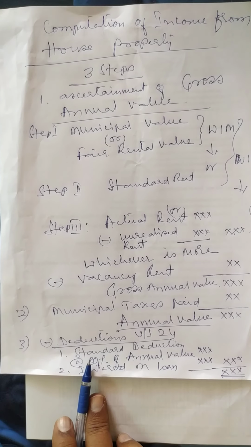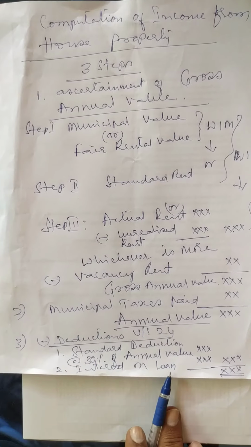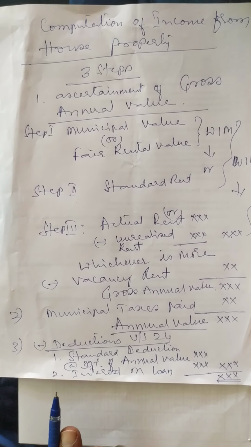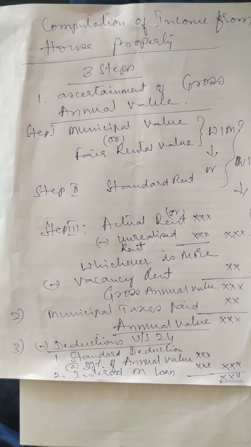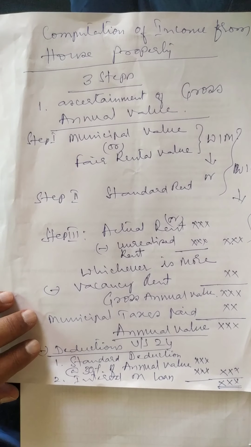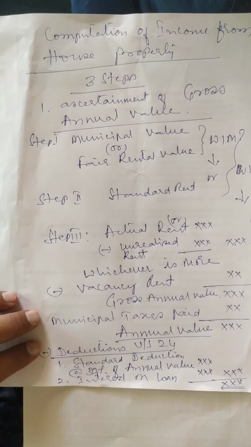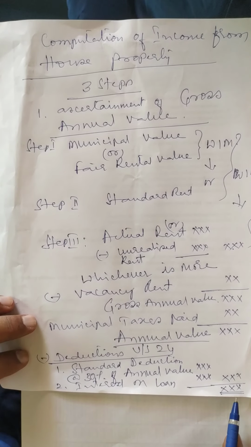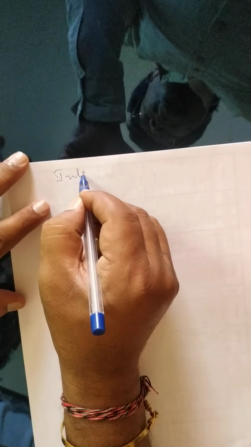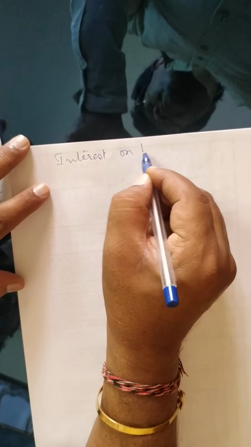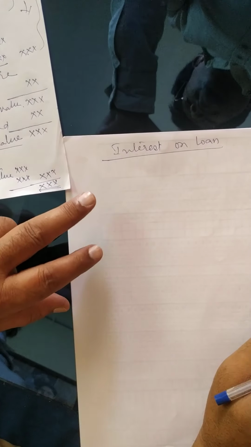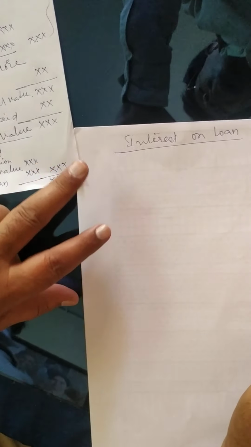There are only 2 types of deductions. One is standard deduction. Second one is interest on loan. After allowing these 2 deductions, so remaining net amount can be either called as income from house property, or even that can also be loss from house property. If the expenditure is more than the annual value, the result is called as loss from house property. If the annual value is more than a total amount of deductions, so the net amount is called as income from house property. While allowing interest on loan which has been taken for either purchase of house or construction of house or even for renovation of the house can also be considered.